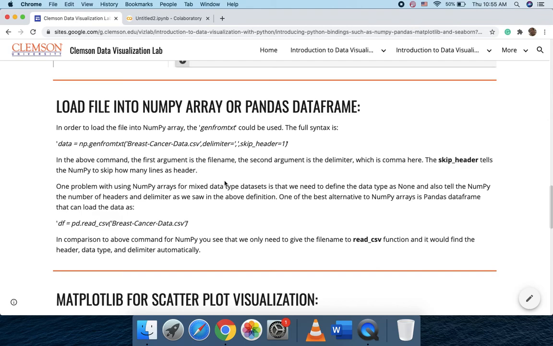Also, you need to tell NumPy to skip a number of lines, because those lines may be the headers. As a result, one of the best alternatives to NumPy arrays is the pandas data